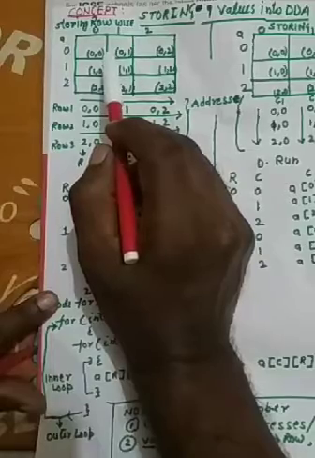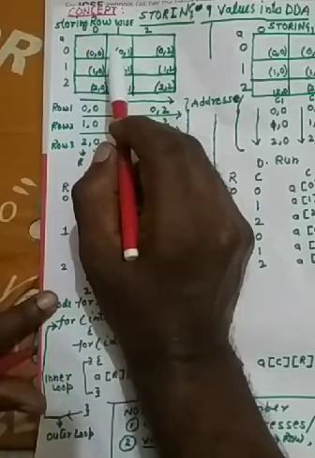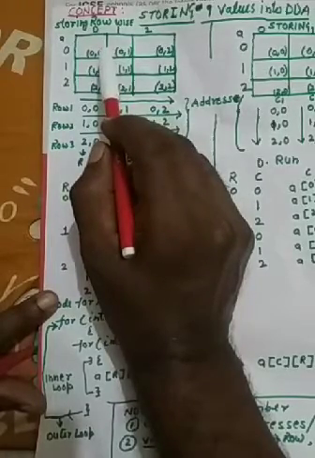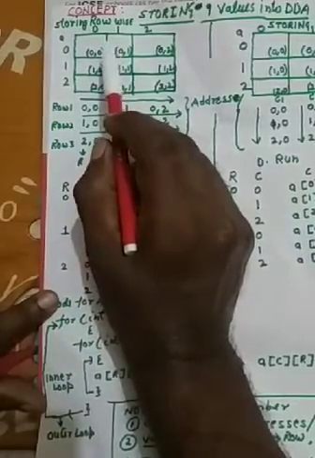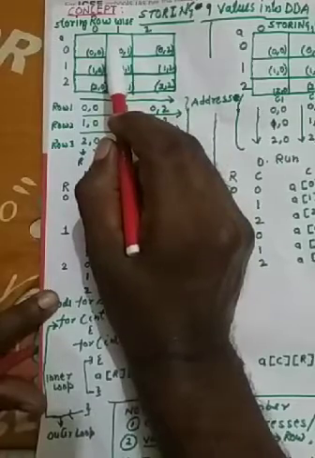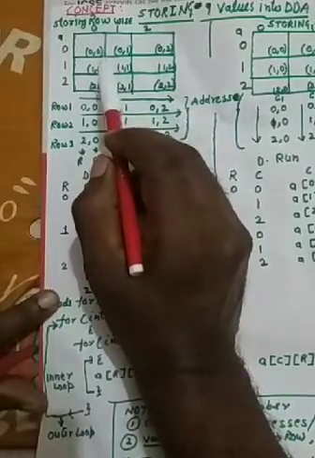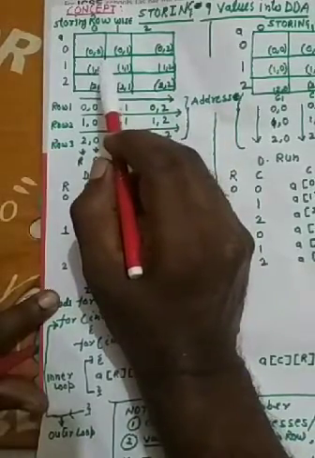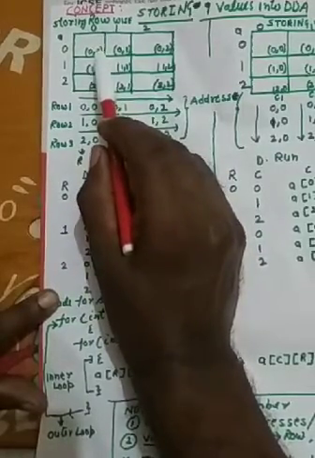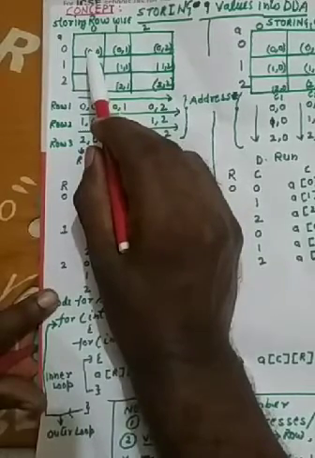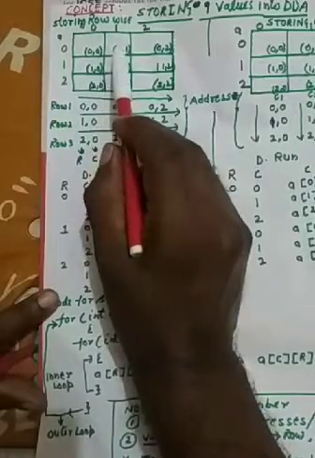I taught you in class 9th about the nested loop. So what happens in a nested loop? Suppose the outer loop is executing from 0 to 2, so the outer loop's individual values will be 0, 1, 2. And the inner loop is also executing from 0 to 2, so the inner loop values will be 0, 1, 2. For each individual value of the outer loop, the inner loop's values will be executed completely.